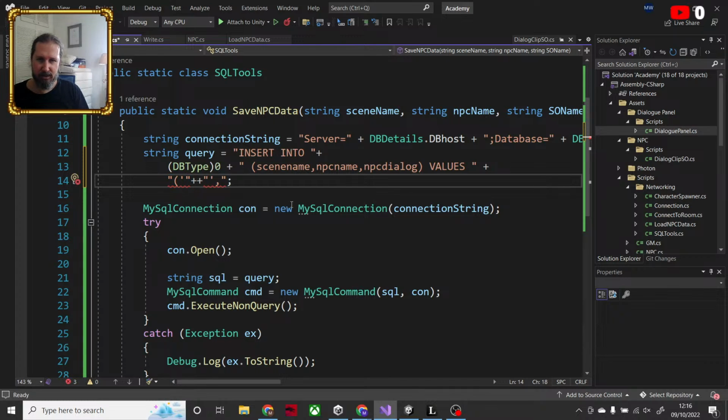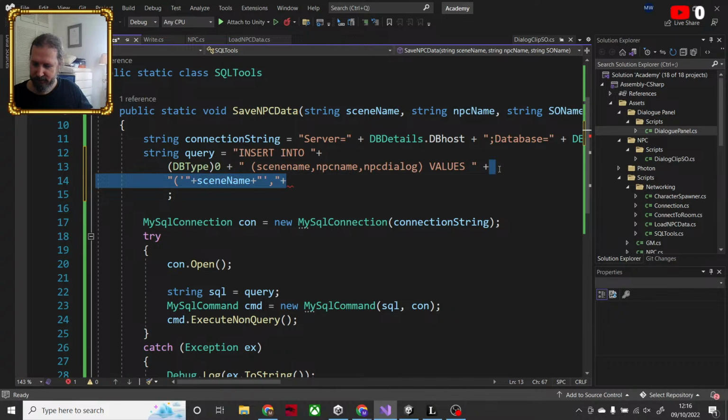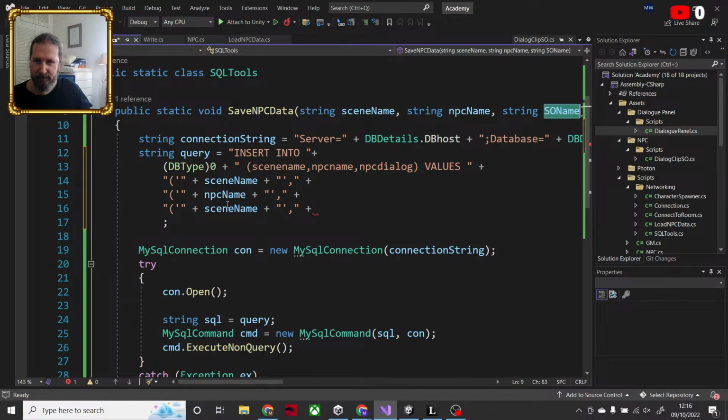And I want to use, this is the name plus NPC name, SO name, remove the comma, close that bracket, remove that.